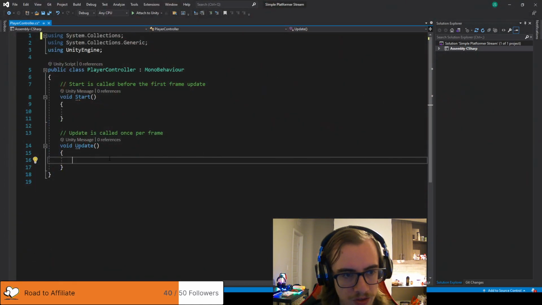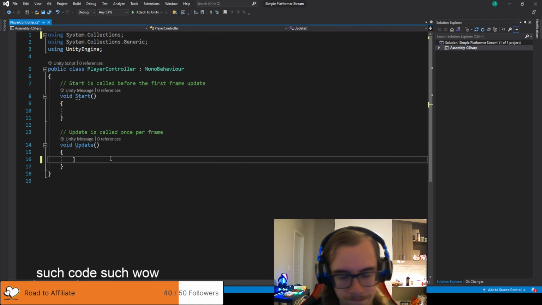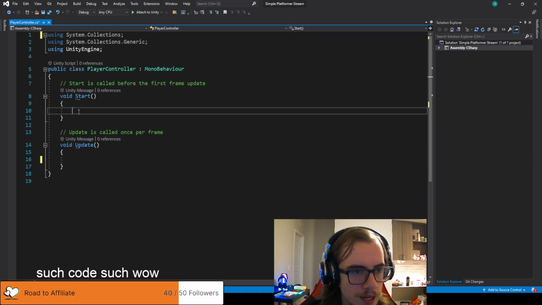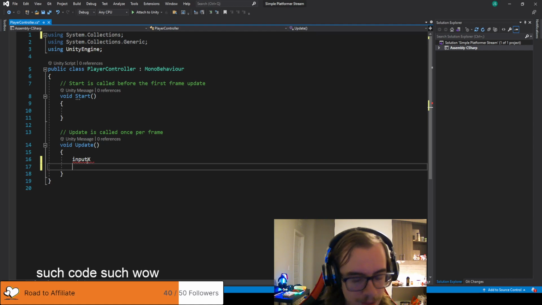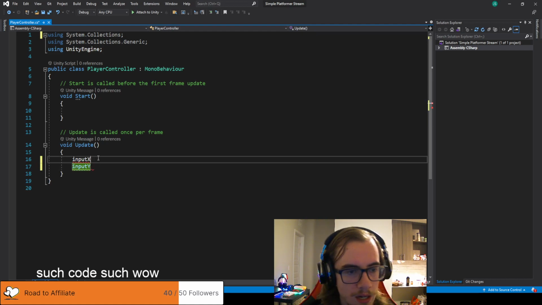So let's head back to our Visual Studio here. And what we're going to do is in Update, we're going to define two new variables. The variables are going to be called inputX and inputY. So again, X is going to be our left and right movement, and Y is going to be up and down. Sorry for tapping the mic there. And we are going to set inputX to